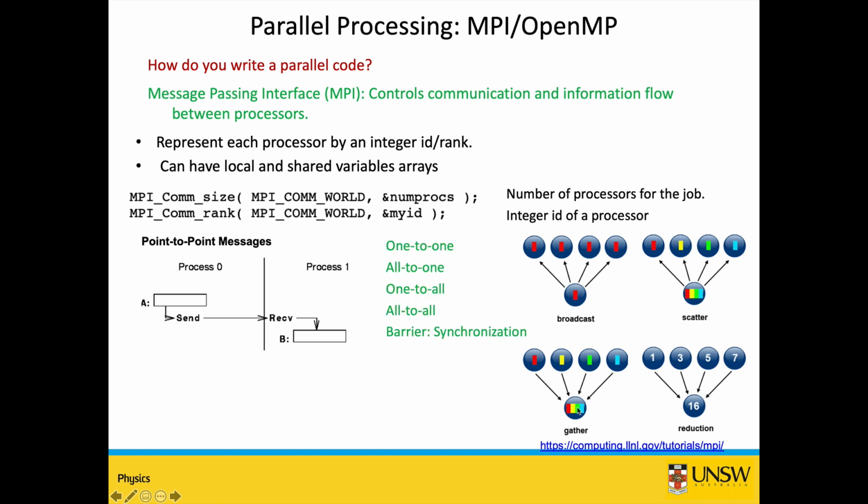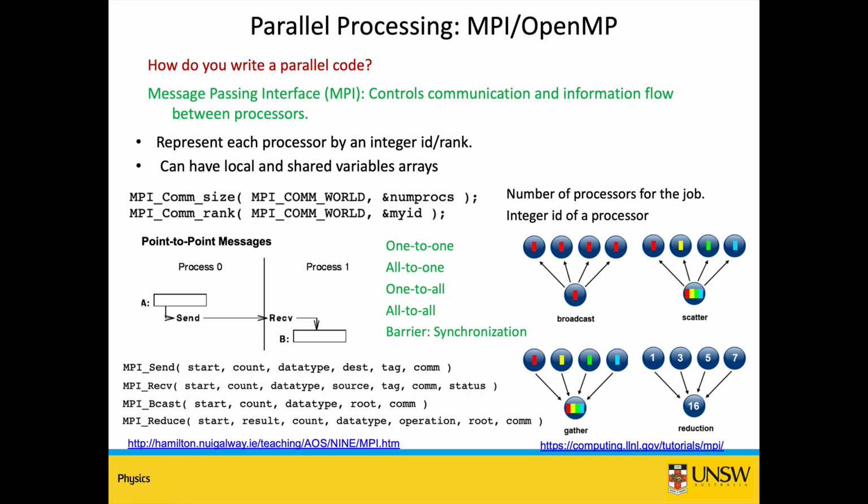And you can have the opposite communication called gather. So this is all to one processor communication. Each of the matrices, each of the color components, are sent to one particular CPU, and it gathers all the information and creates a larger matrix, for example. And then you can have reduction operations, which is also similar. It's an n to 1 calculation, but you are doing some math operations. In this case, you are taking all the four numbers here and adding them and putting the sum in this master processor, just to give you an example.